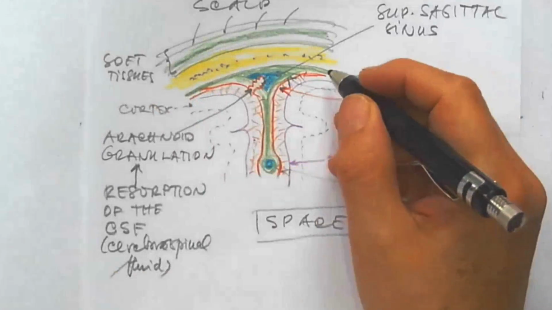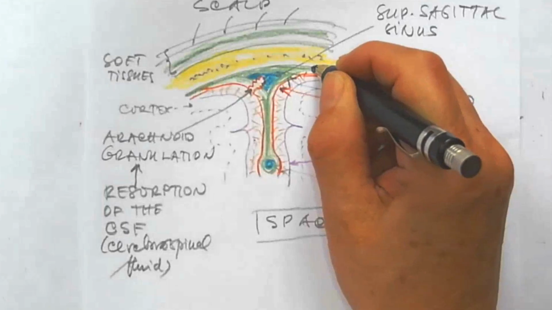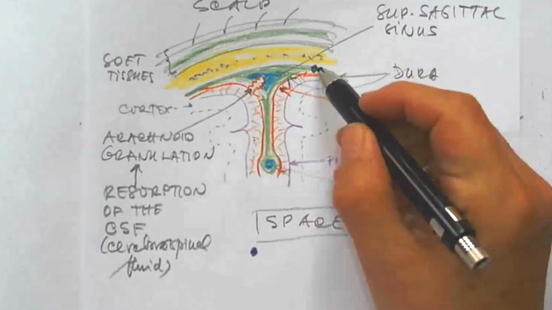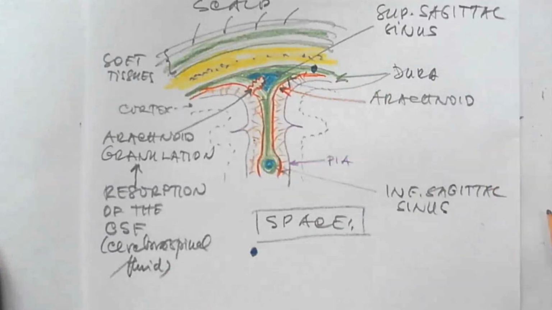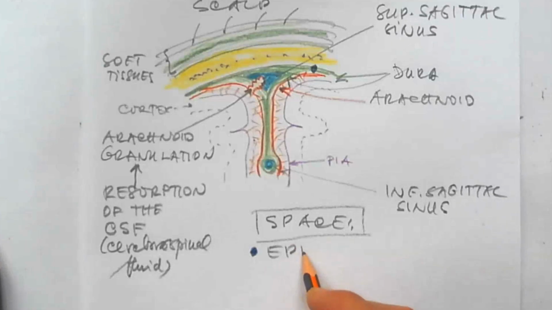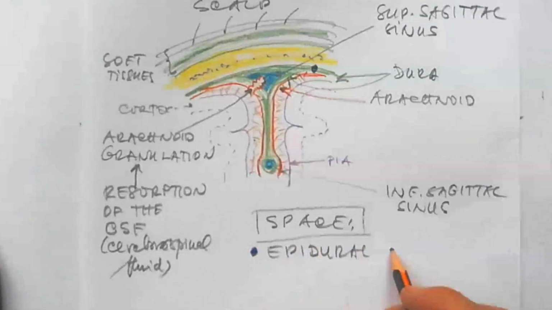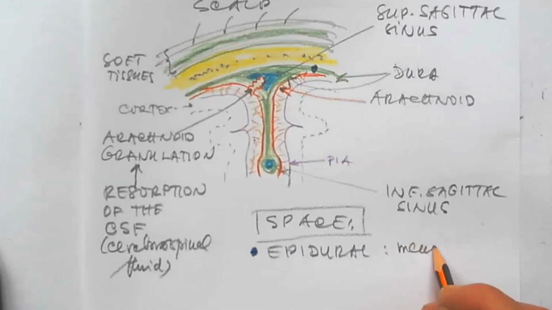So first dot lies in the potential space between the dura and bone. So we call it, because of the position, the epidural space. Number one, epidural space contains the meningeal